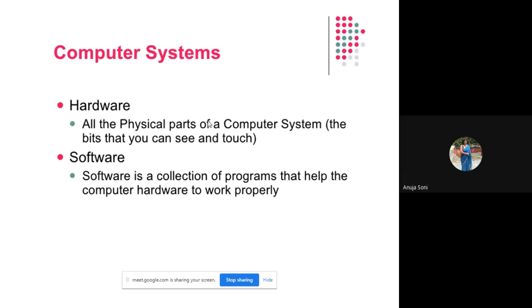In another manner, the parts of the computer system may be decomposed into two parts. One is the hardware part, another is the software part. So my computer is not only a bare machine, rather it consists of hardware as well as software. Hardware is hard devices which you can touch, but software is a kind of virtual concept. It is a collection of programs that help the hardware to work properly.